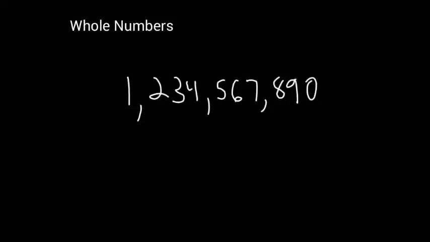Alright, so let's talk about whole numbers today. A whole number is a number greater than 0, but doesn't have a decimal or fraction associated with it. So I have right here, if I read this correctly, it's 1,234,567,890. So if we just are talking about place value, we have the ones,